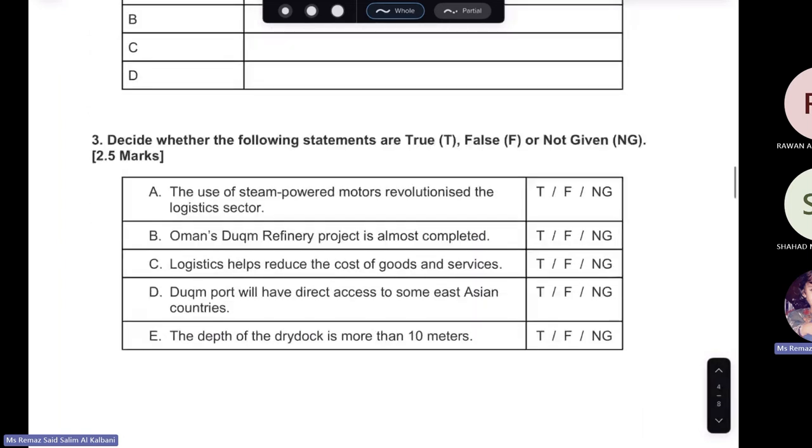And number 3: decide whether the following statements are true, false, or not given. Right. One of the students was asking me how to differentiate between these 3, and I told her you need to read the questions, identify the keywords, and understand the questions, of course. All right. Then